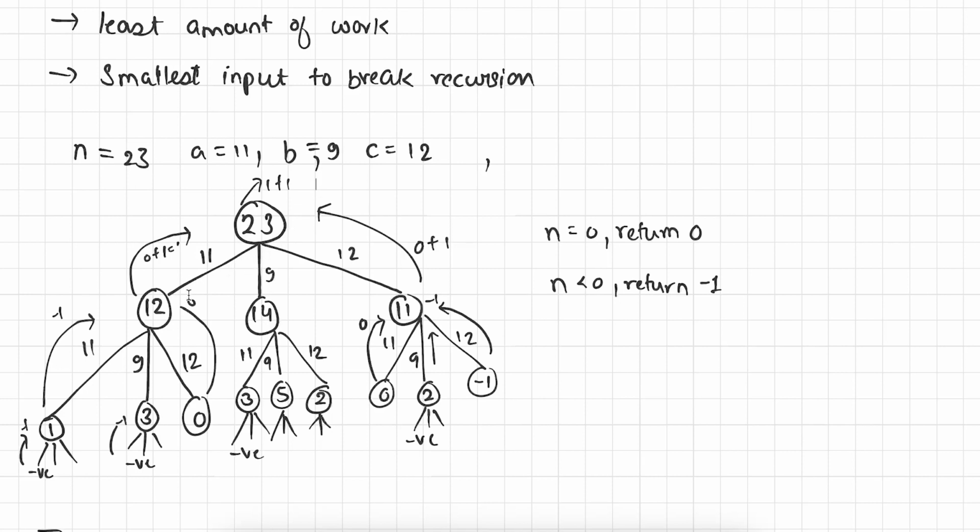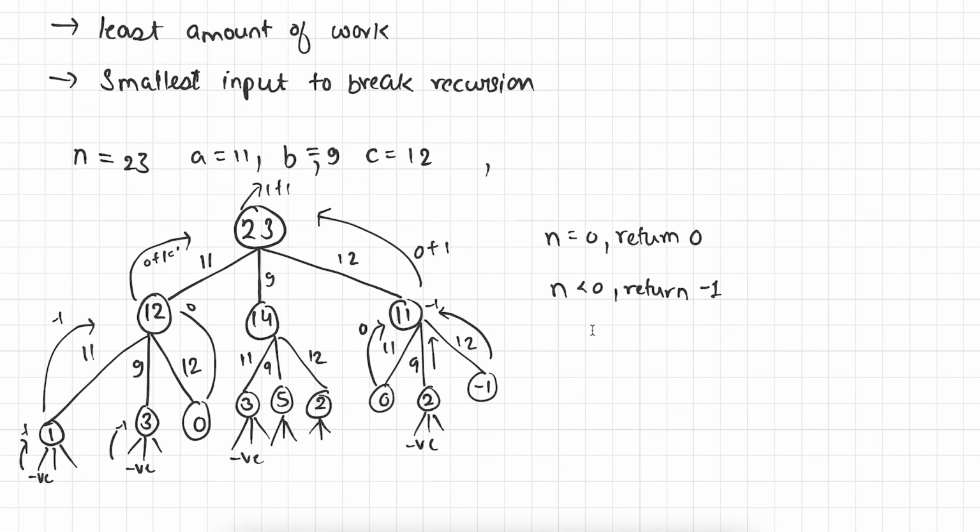First we are making a first cut of 11, and then we are making a second cut of 12. In this case 12 plus 11 is going to be 23. So at max we are going to make 2 maximum cuts. And on the right side similarly, first we are making a cut of 12 and then a cut of 11. So the maximum number of cuts we are getting is 2.